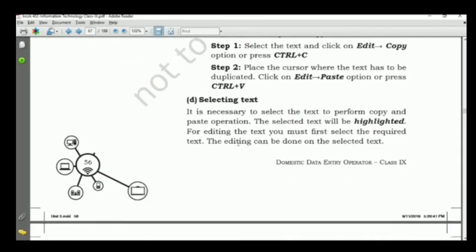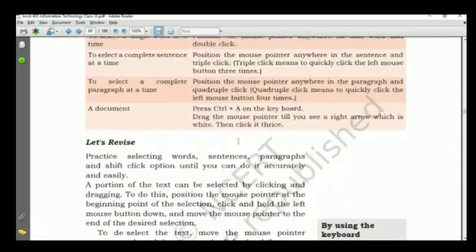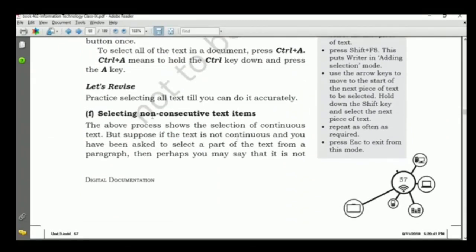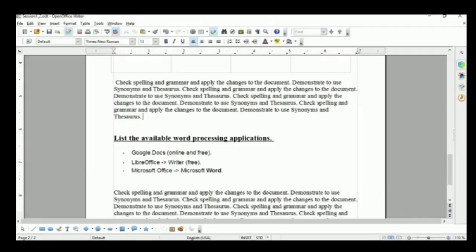Next, selecting text we have done, selecting criteria covered. Next is selecting non-consecutive items, text item. How can we do? Simply select your text, place your cursor, then select it. After that, you have to press Ctrl key from your keyboard and then select another text like this in a non-continuous manner.